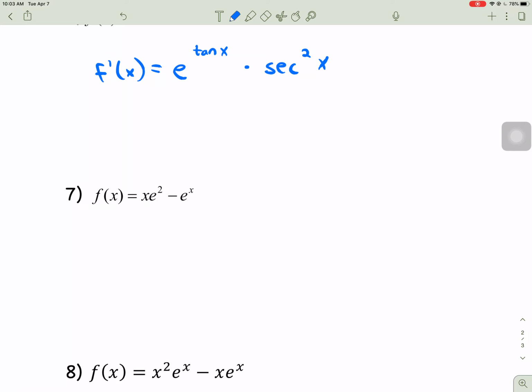All right, next up, f of x equals x e to the second minus e to the x. All right, it's a little more complicated here. So let's see, here we have, is this product rule? Not sure. Let's see. I think it is. Minus e to the x. Okay, so,